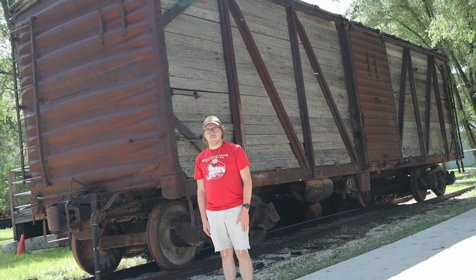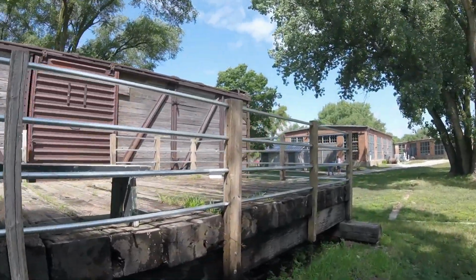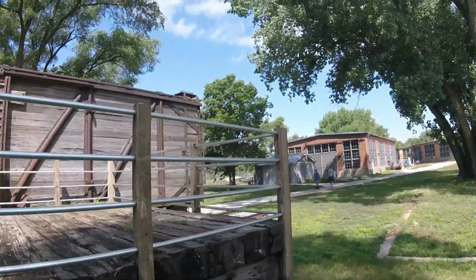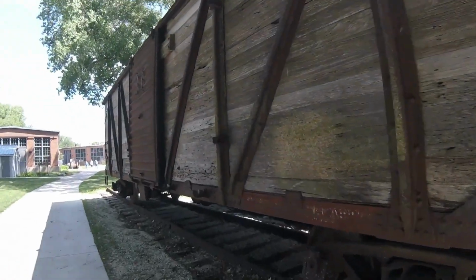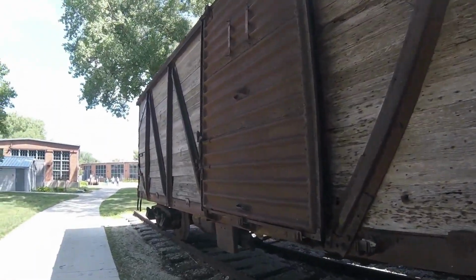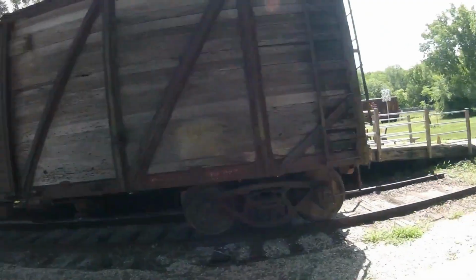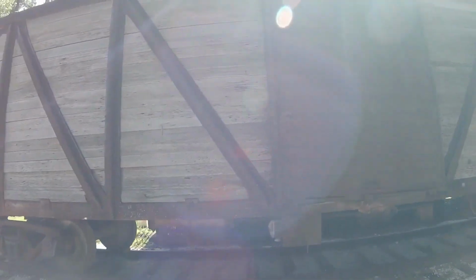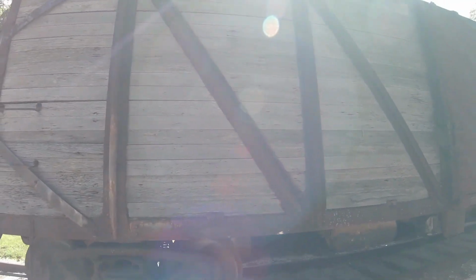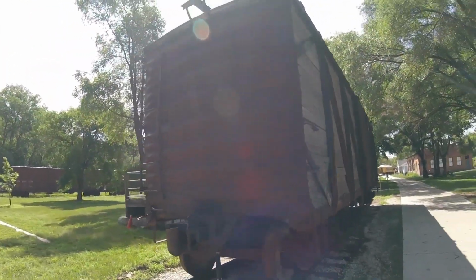What you see right behind me is the Chicago, Rock Island, and Pacific Boxcar. The Chicago, Rock Island, and Pacific Boxcar was built in 1929 and is a boxcar. This car's original number is unknown. For many years, this car spent several years hauling cargo that a boxcar like this one hauled on board when it was used in freight service, such as boxes or rolls of paper or any other products it may have